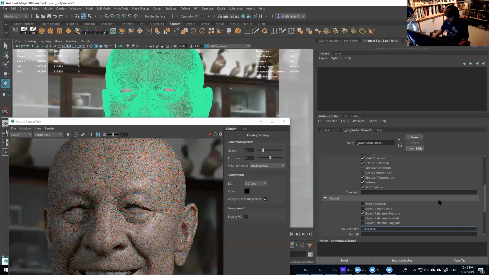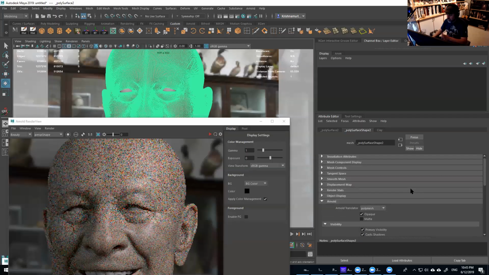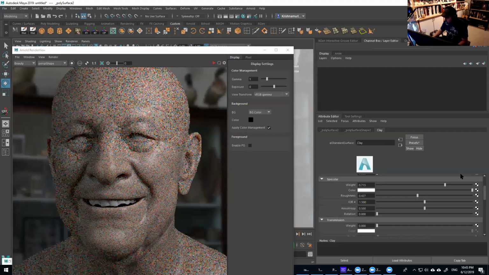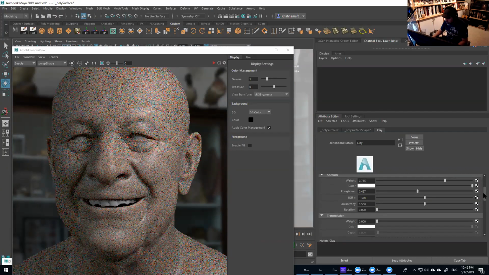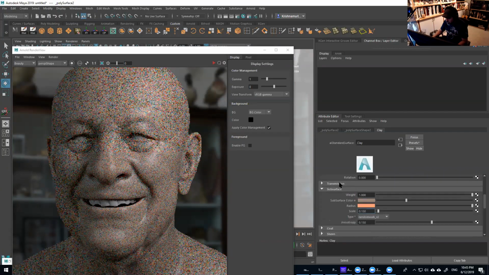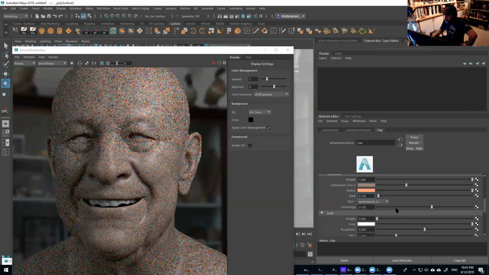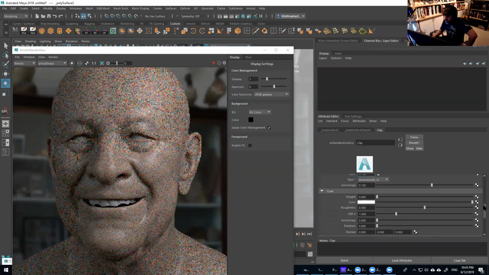And yeah, so that's basically an introduction to this Arnold tab inside of the attributes, right? And then again, let's go back to the rest of the parameters here for the shaders. So transmission you're not using right now. Subsurface is there. Coat is very cool because that can create a kind of clear coat effect if you have a super shiny table or whatever, you know. But it can actually help with the skin quite a lot.